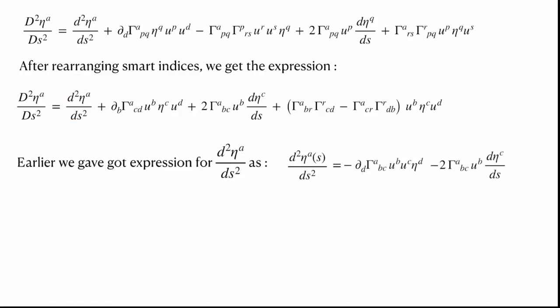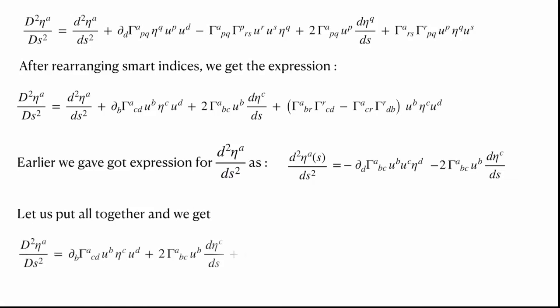From the previous expression, a couple of slides back, we derived an expression for the acceleration of the connecting vector, which unfortunately was not covariant. Now we have a covariant form which we can straight away substitute for this part, and try to simplify and see whether the entire equation becomes fully covariant or not. Let's put it all together, then we get this long expression.